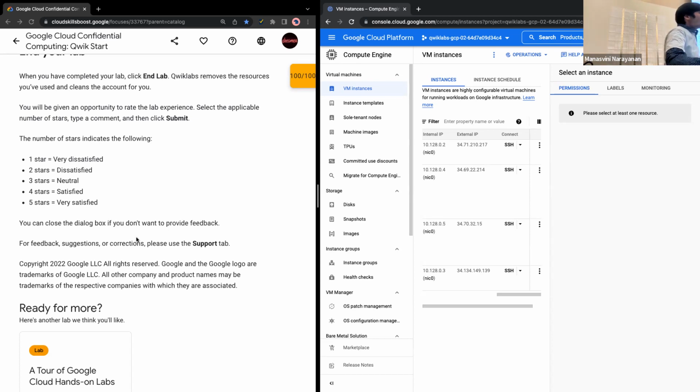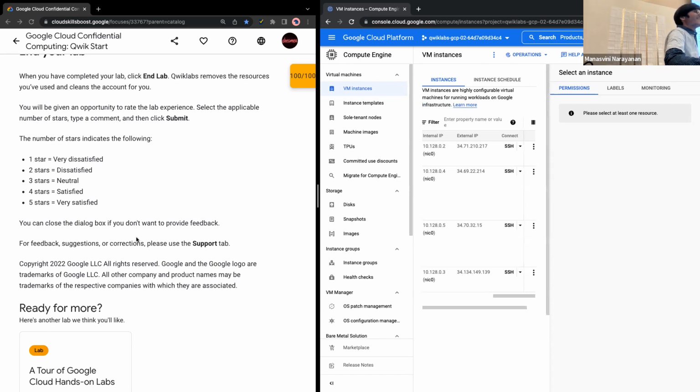What is the full form of SSH? No Googling. Exactly. I guess, what is the full form of GKE? No, it's Googling.